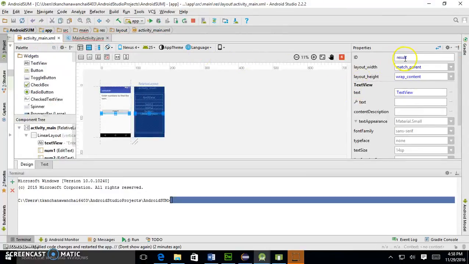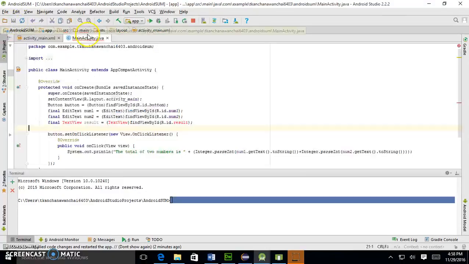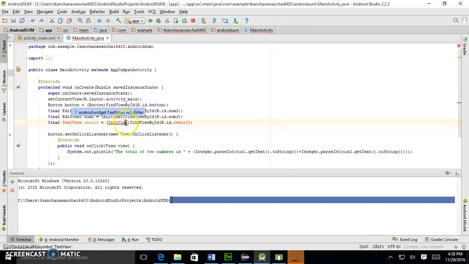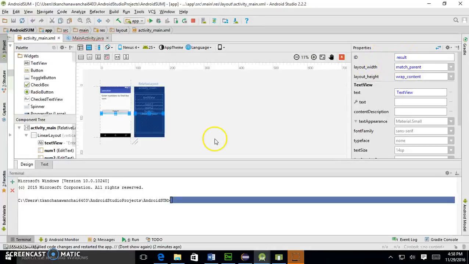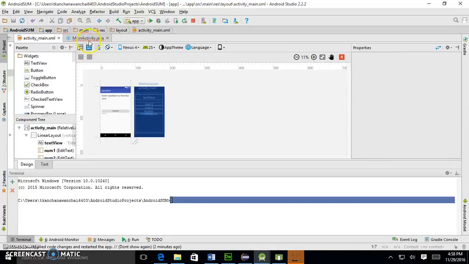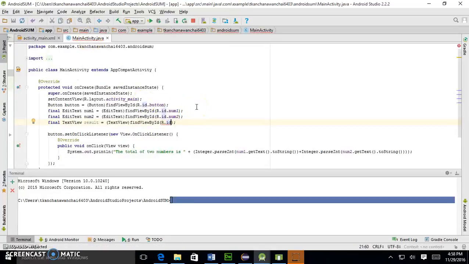Let's make sure we have that. And we need to import TextView. So dot. It's not seeing. Result. Okay,